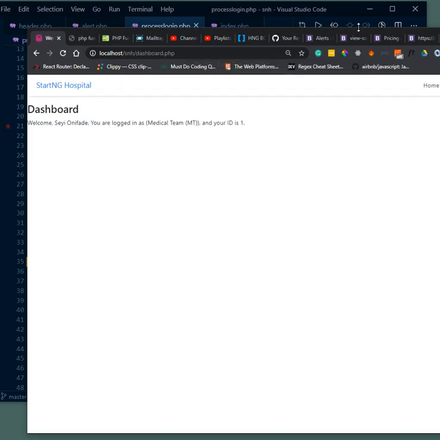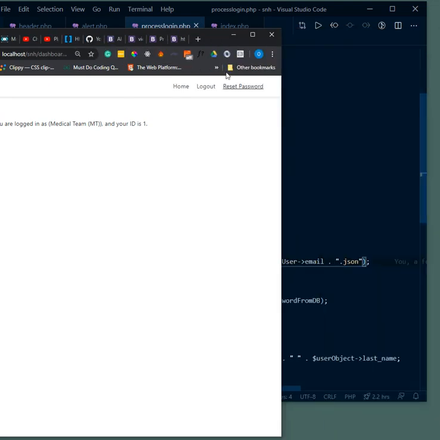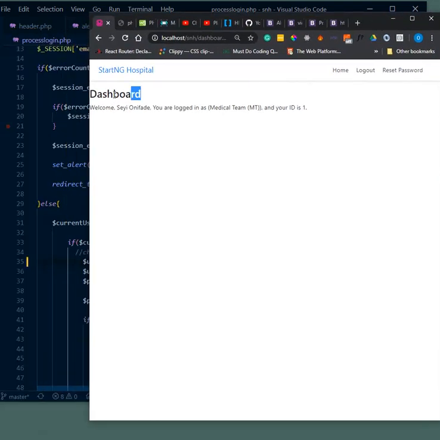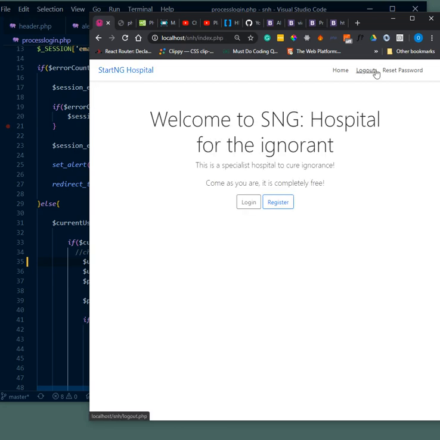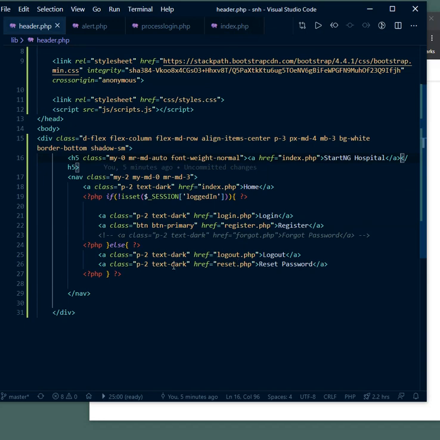And in the dashboard, we get password reset menu, logout, and home page. So that's that about our styling. You can obviously still style your dashboard. You can go to home page, logout is still working well. Of course, we also need to add dashboard here because there is no way to go back to dashboard now. Let's just add that. No big deal. It's just a single